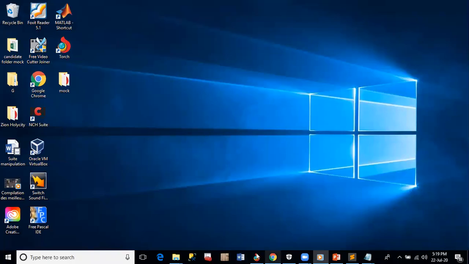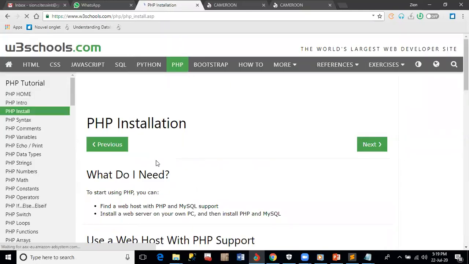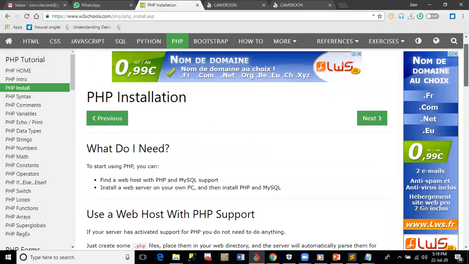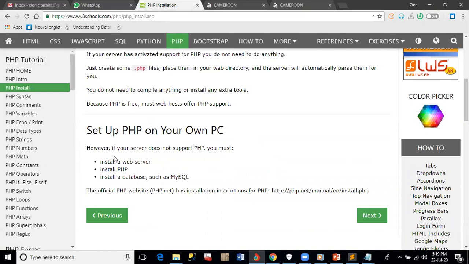Let me just try to share with you. If you go on the install, you'll realize that for you to get that done, you will need to install a web server, install PHP, install a database such as MySQL on your server before that PHP code can run in the HTML code. So you just write it on your paper, just write that on your paper and you get that done. With that,